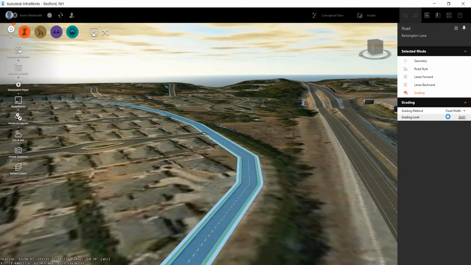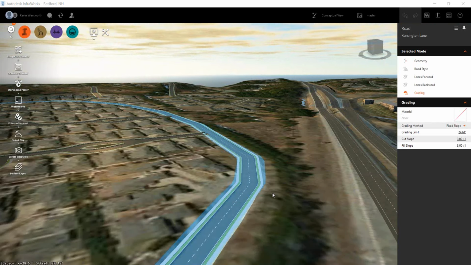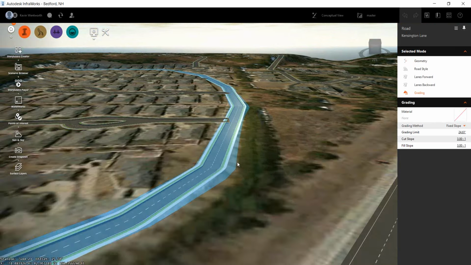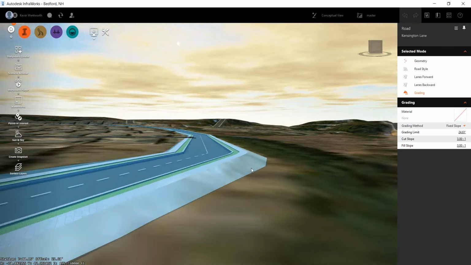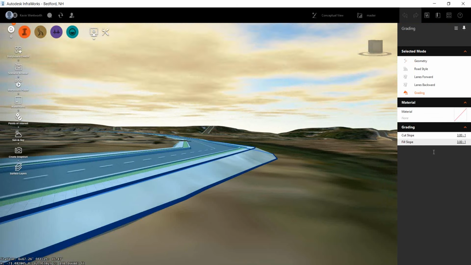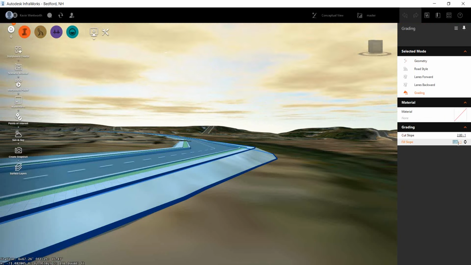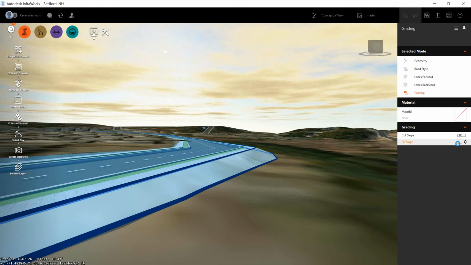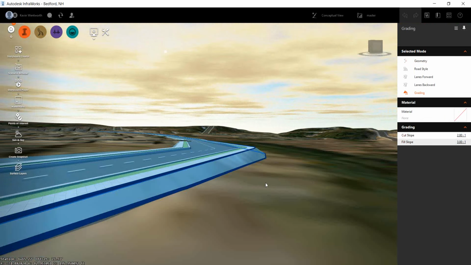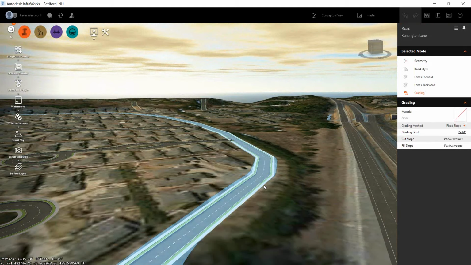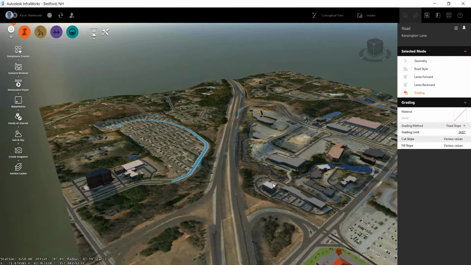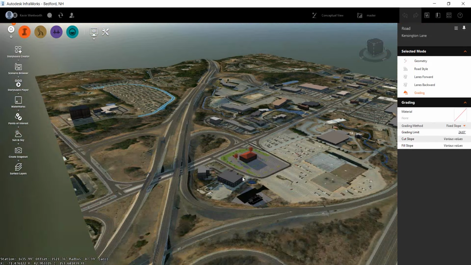So if I added a fixed slope to this particular design, you can do all of your road grading with these design tools. You can change your cut slope and your fill slope on all of your design roads within InfraWorks, and then export that out into Civil 3D, and these will come in as proposed surfaces within Civil 3D. But as far as the land area grading tools,